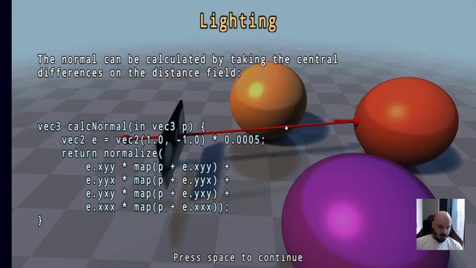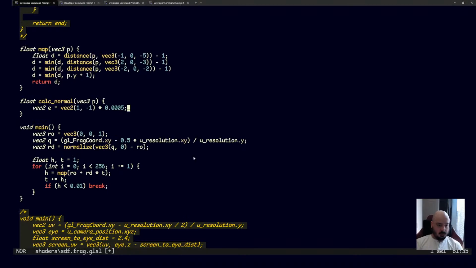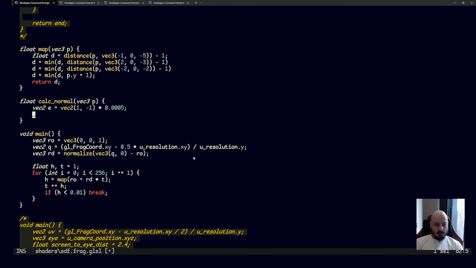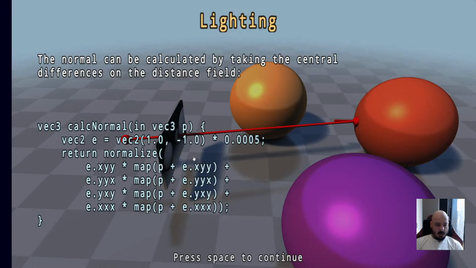What is this? So this is the epsilon. I guess we're making a little epsilon value here. Yeah. So we're going to normalize a